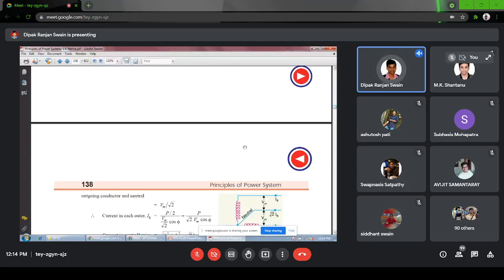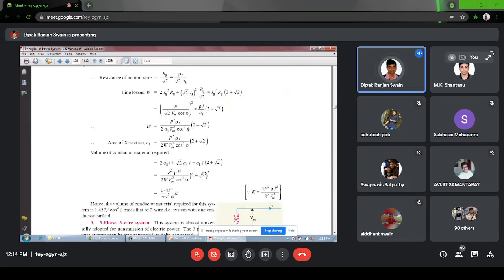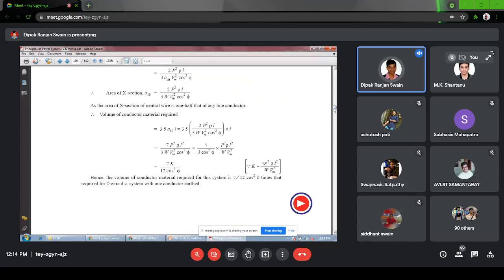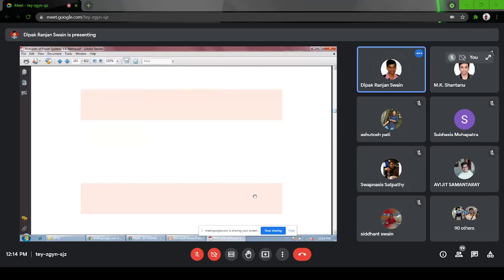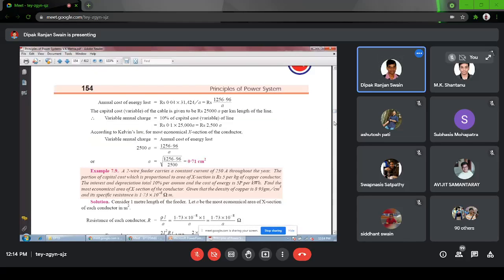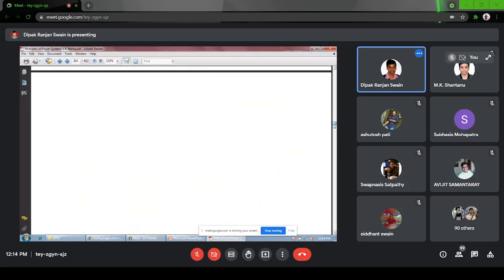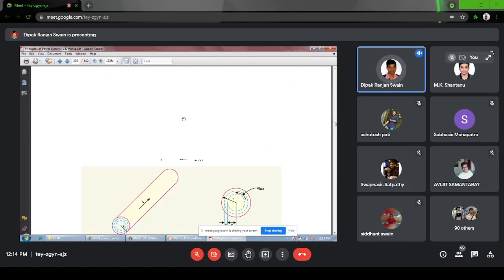Power system is a huge area. There is a book called J.B. Gupta, which is a very thick book that includes power system protection, and transmission line distribution, like that. 3 to 4 subjects are in a single book. So all these books have multiple subjects, and you have to select only that particular chapter.